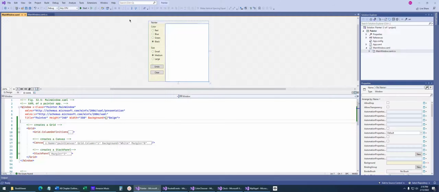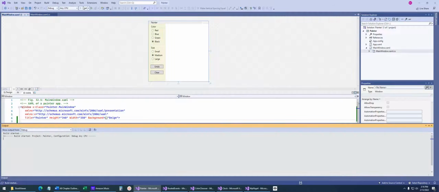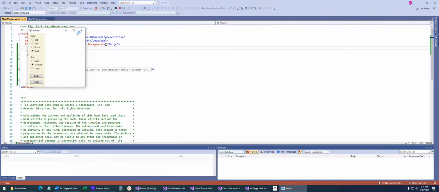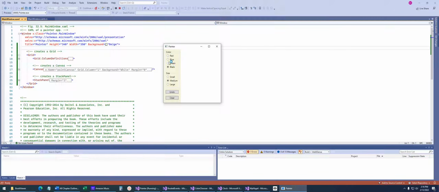So this first application, if I go ahead and run it, let's take a look at what it does. You'll notice that first I can select a color. I can also set a size. So let's set it to red and large. And what this is, it's a drawing application. So you can see I can actually draw, or I can clear the form, or I can change the color